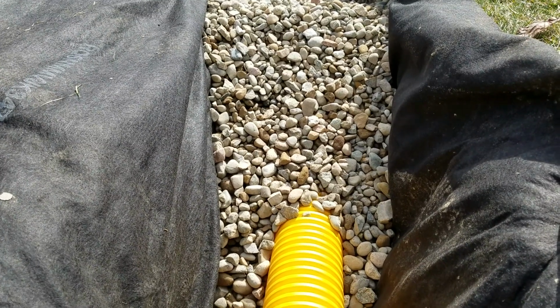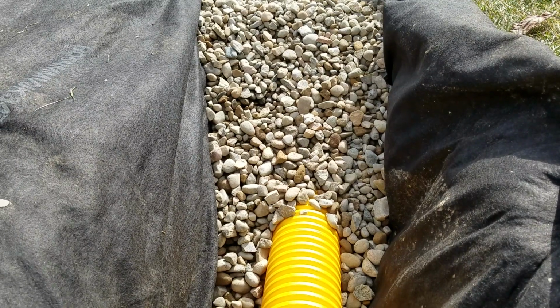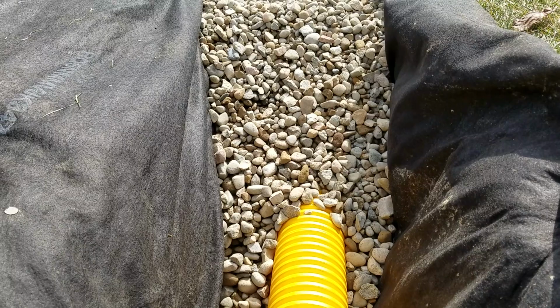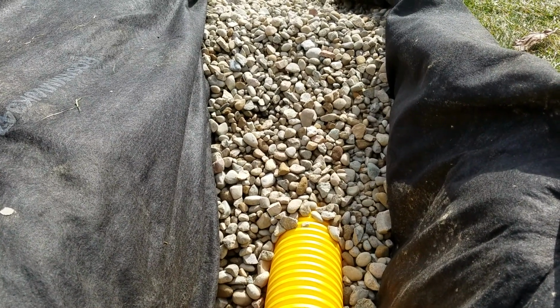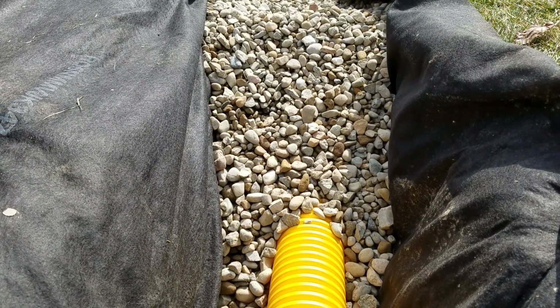All the contractors that are using the trenchers know that because the pipe's 4 inches wide and the trencher is going to make a 6-inch groove. So you end up with 1 inch of stone on each side of the pipe. They'll put a little bit of stone on top of the pipe after that, and then most of the time